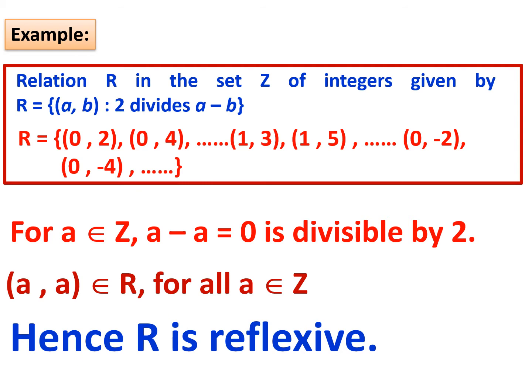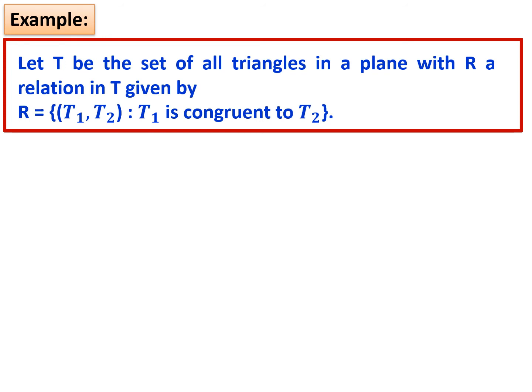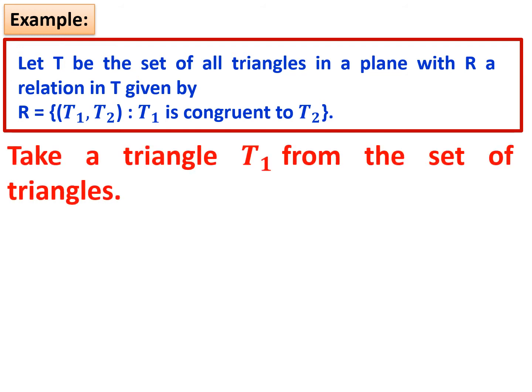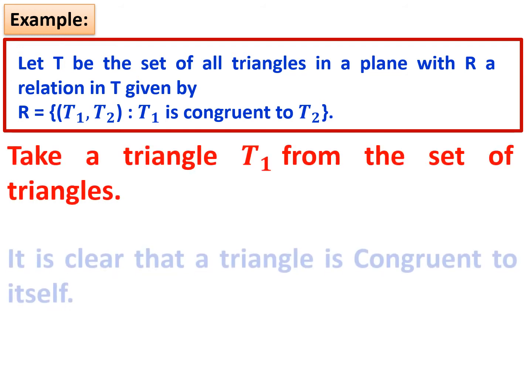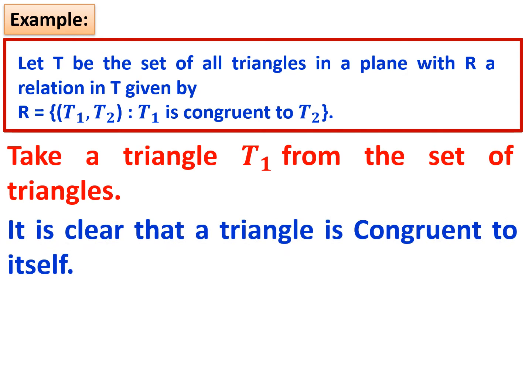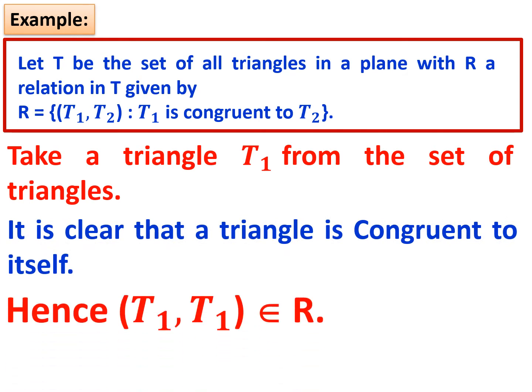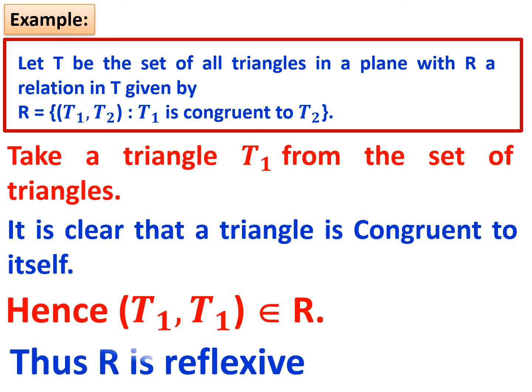Kindly check. In the previous one, we took one finite set where we were able to identify the elements. Here it is an infinite set. Therefore, we have taken A, and we are checking. Okay, let's go to the third example. That is a set of all triangles, where one triangle is related to the other if it is congruent to it. Very simple. Here you take one triangle T1. A triangle is congruent to itself. Therefore, T1 comma T1 belongs to R. Therefore, it is reflexive. There won't be any problem in that. Okay.